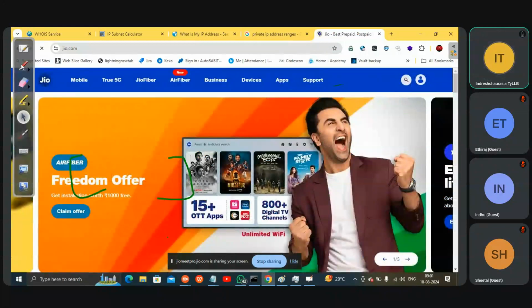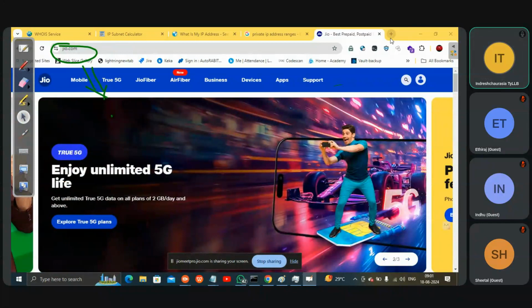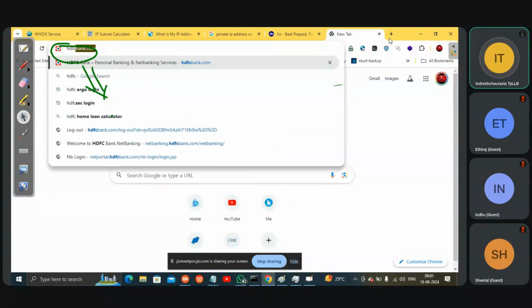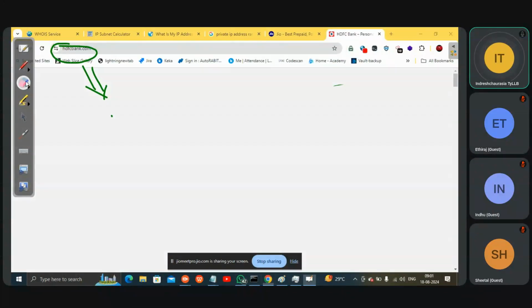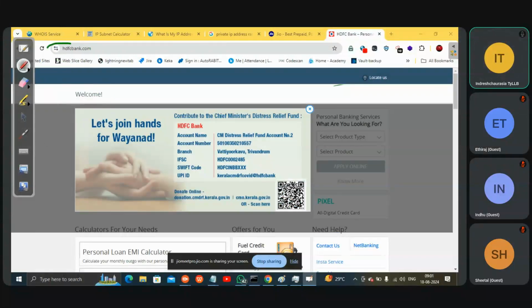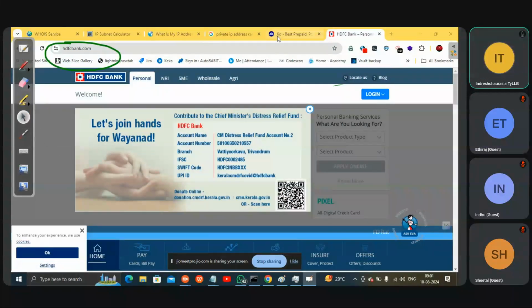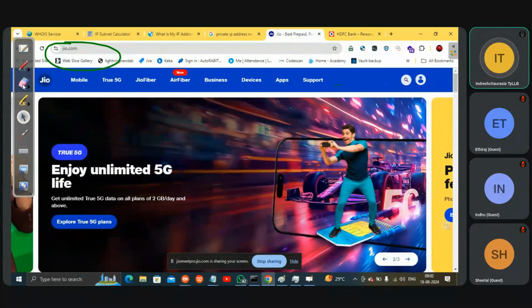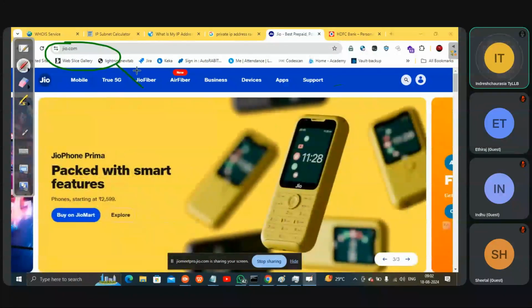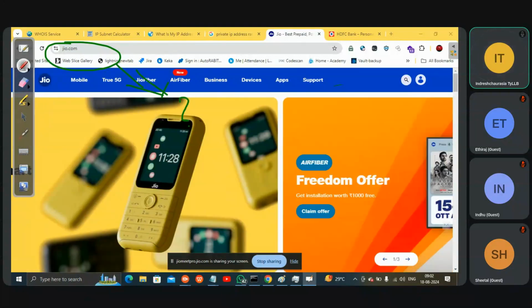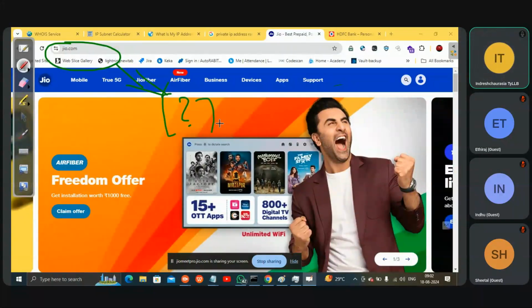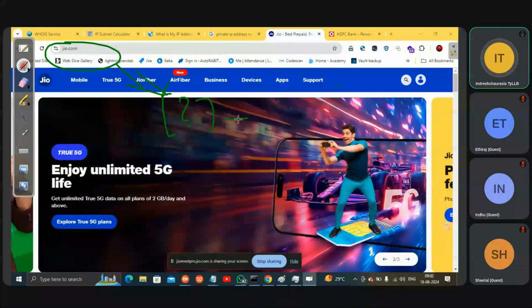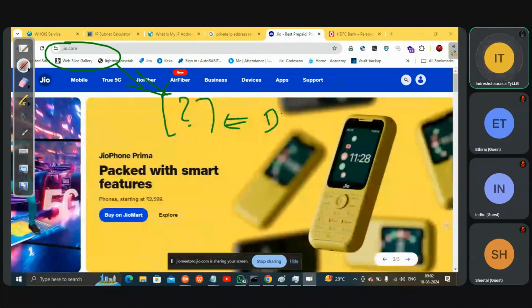If I wanted to know the IP address behind this host, geo.com, or suppose HDFC Bank, how am I going to know the IP address of this particular thing? It is by DNS. Now we are going to see a command.